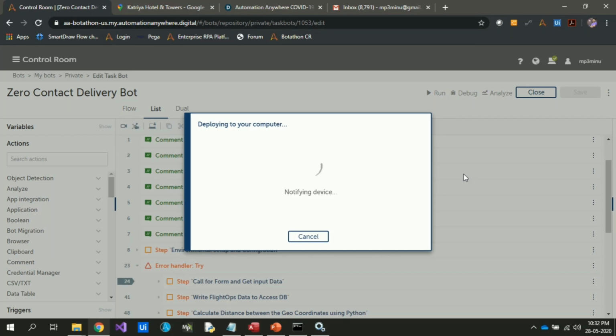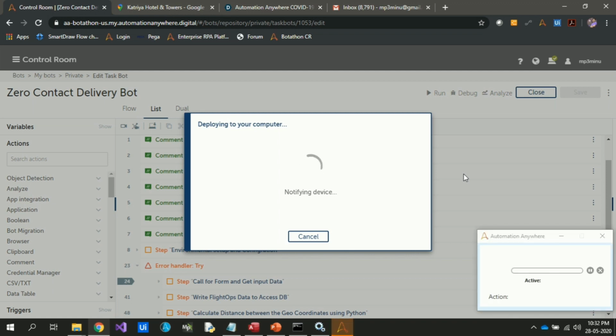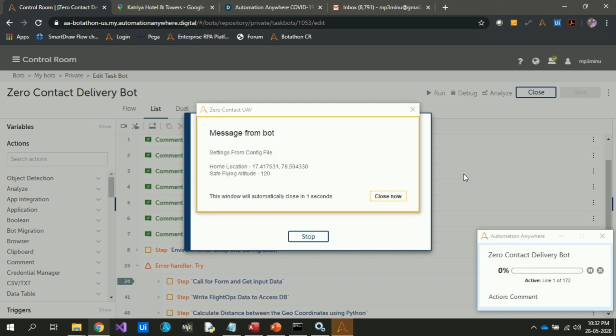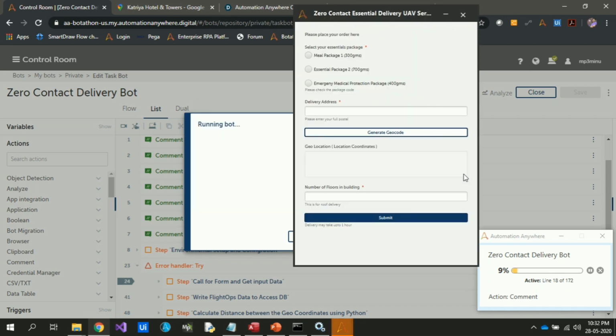Hello everyone, this is my zero contact essential delivery UAV bot which I built on A2019 and this is a quick demo. So the bot first calls the XML config file and loads all the configuration data, and then it brings up an interactive form and we input the delivery address here, and once we click on generate geocode, it